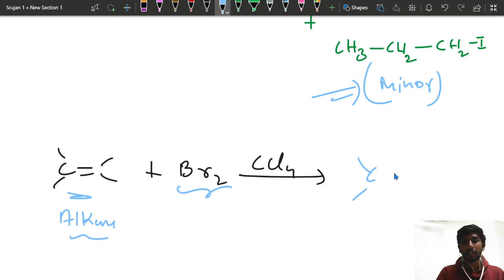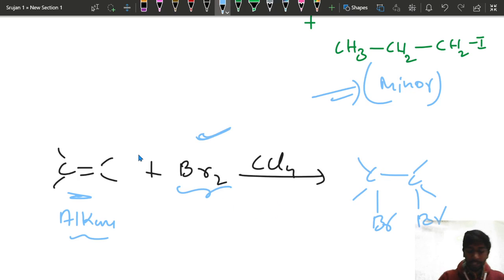Carbon, carbon, carbon, carbon, and you're getting the bromine here. Okay, this is how you can just do it. When you are writing about any reaction in your exams,